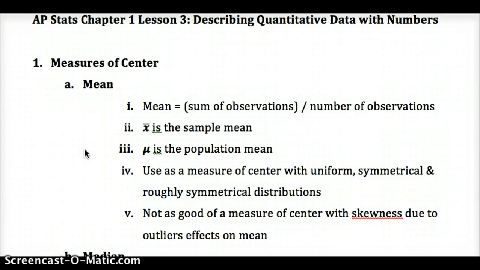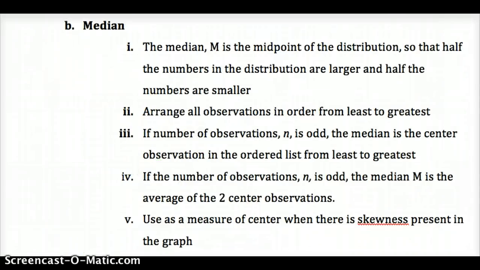So with mean, we want to use it as a measure of center with uniform, symmetrical, and roughly symmetrical distributions, since they give you a good idea of where the data is. When we have skewness, due to the outliers' effect on the mean, it tends to be a poor interpretation of where the center is. So the median, which we're representing with capital M up here, is the midpoint of our